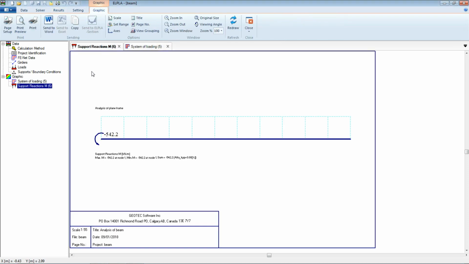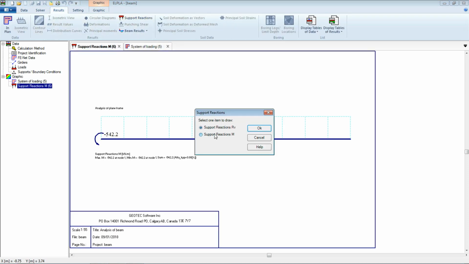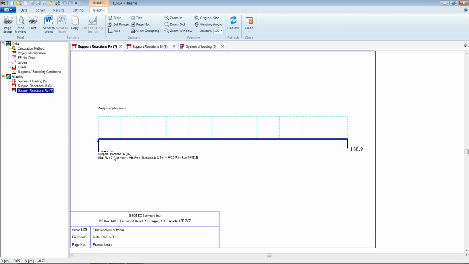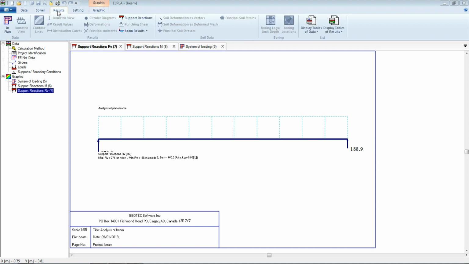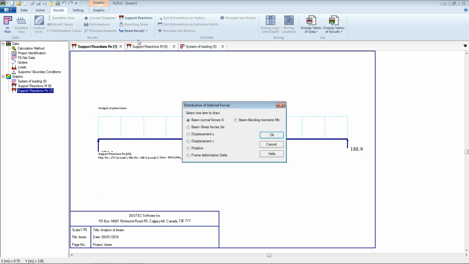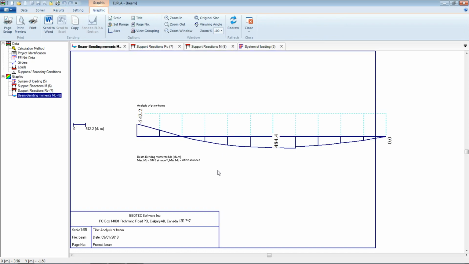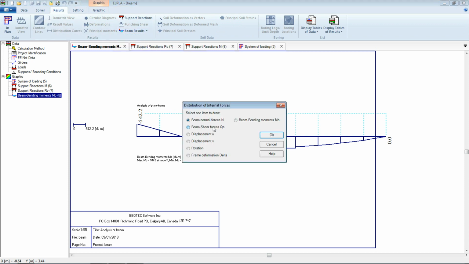For example, moment here, and also we have results of normal force, bending moment, shear force, displacement, U and V, rotation. For example, bending moment here, and also we can draw shear force